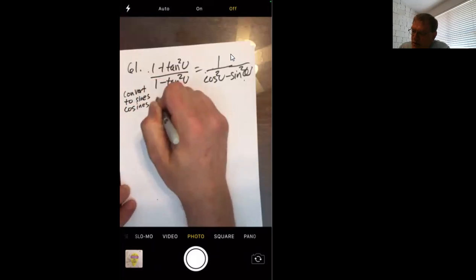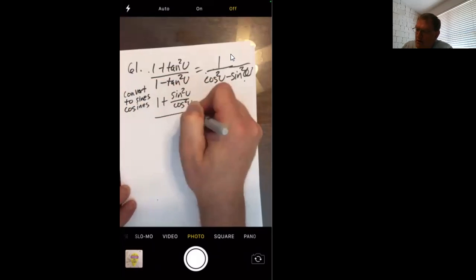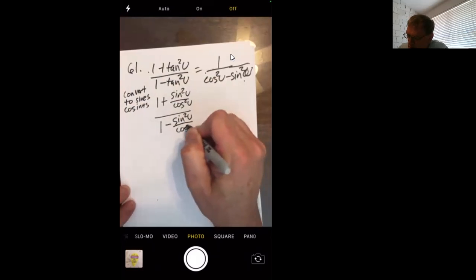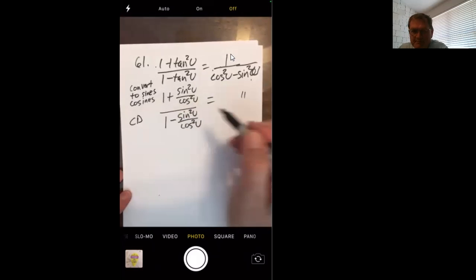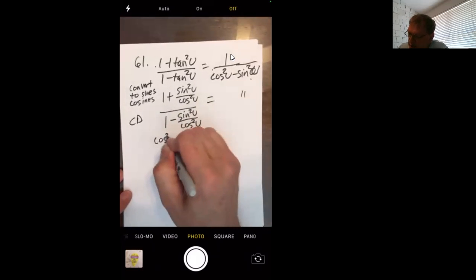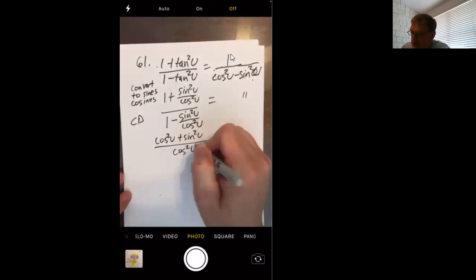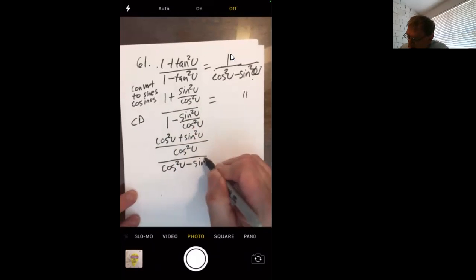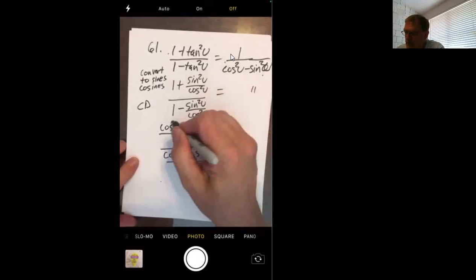Cosines. 1 plus a sine squared over a cosine squared, 1 minus a sine squared over cosine squared of u. Okay, common denominator: cosine squared u plus sine all over cosine u. On the bottom, you'd have cosine minus sine all over cosine squared of u. You see, when you common denominator over and then up, you have here over and then up,